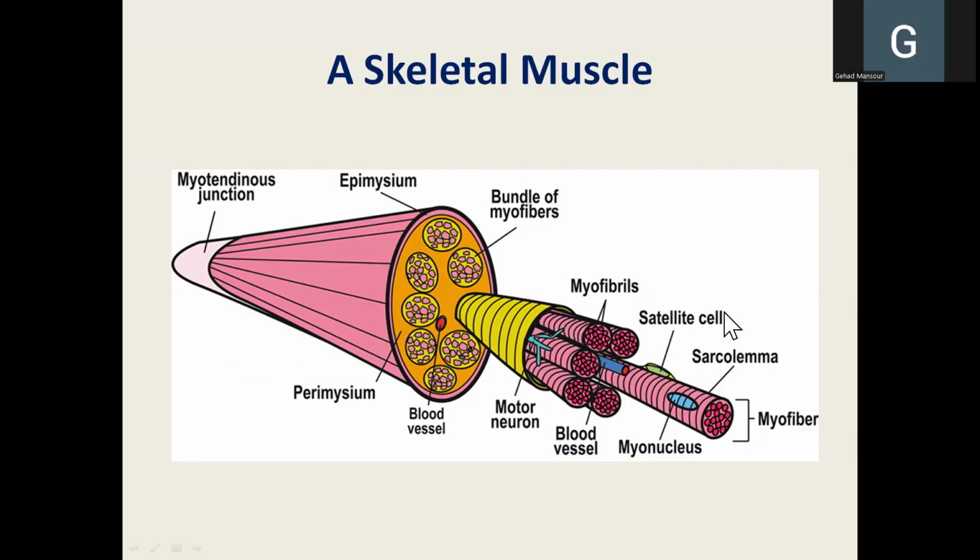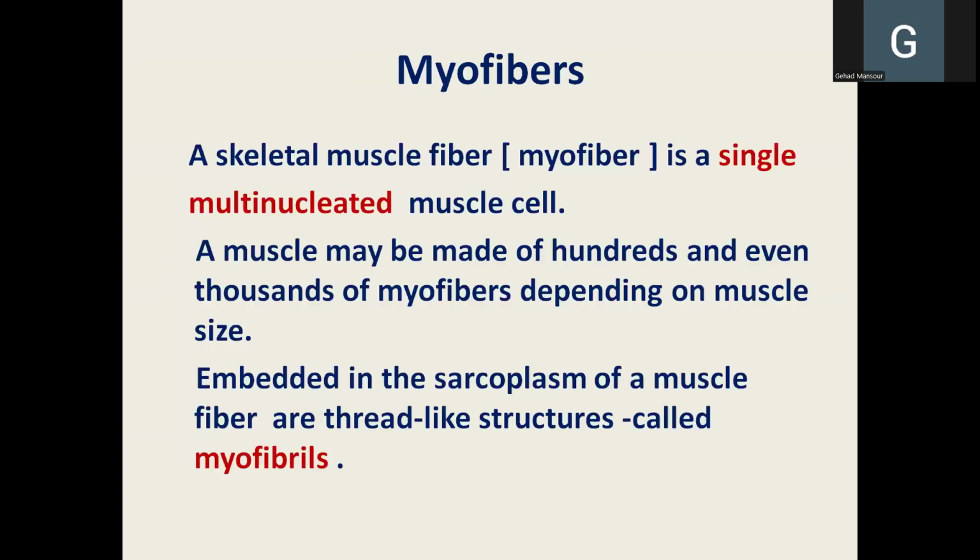We haven't covered the satellite cell, so I will not be asking about it, but here you can see that inside every muscle bundle, you have a motor nerve fiber and you have a blood vessel. And that proves that, as we said before, the muscle is an organ. Here are the characteristics of the skeletal muscles. And as we said, they are multinucleated. They have multiple peripheral nuclei, and every muscle consists of bundles and every bundle consists of fibers.